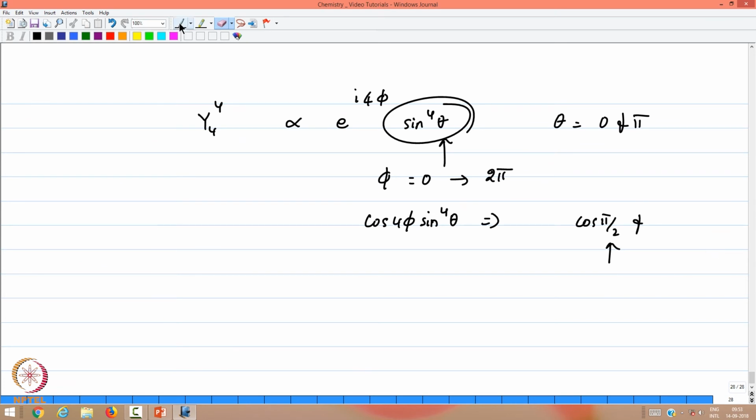Therefore, we do not have that, it is only one node, and now it is 4 phi. Therefore, we have phi is equal to pi by 8